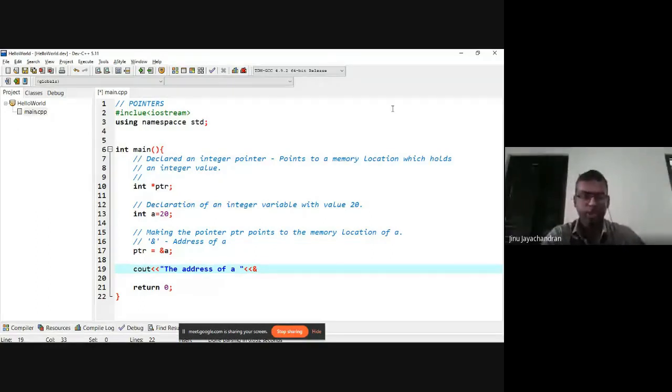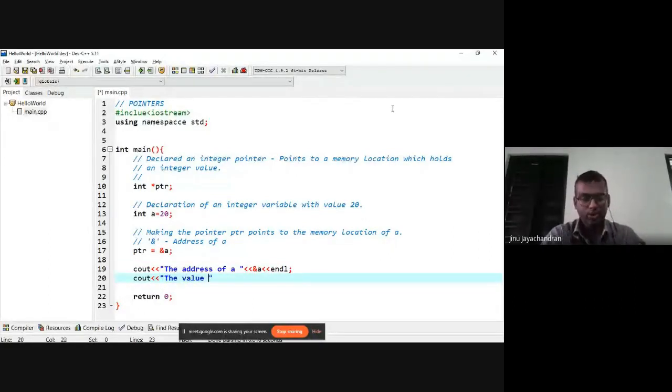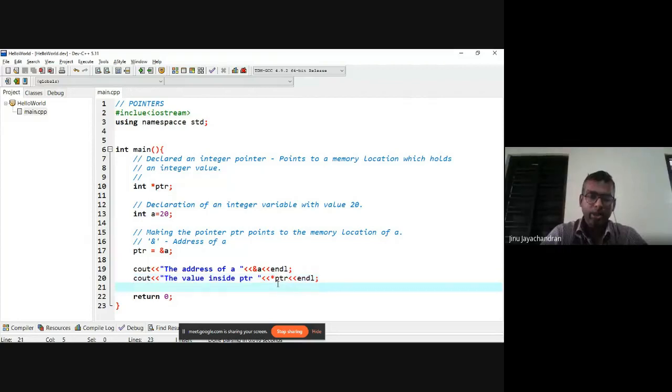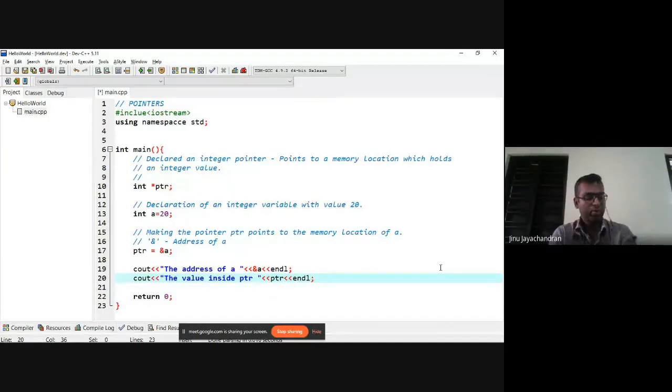Now let's print out the value inside ptr. Since ptr is a pointer, it can be shown by having ptr without a star. So this gives the value inside the pointer ptr.